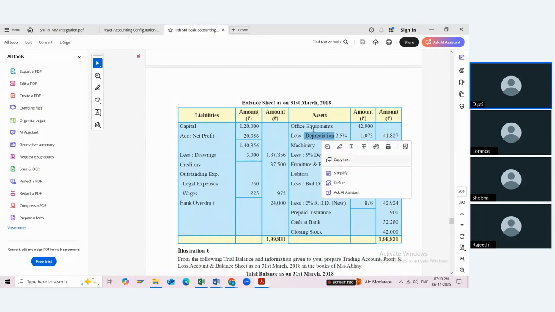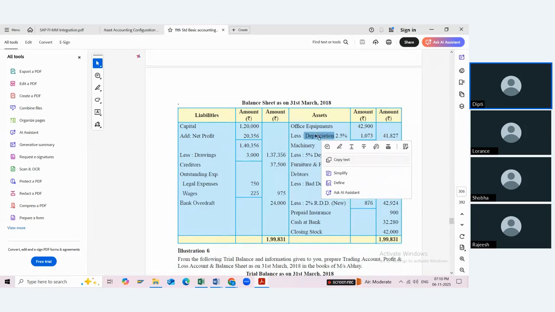So we show it as a minus amount from the asset, and that is a balance sheet GL.